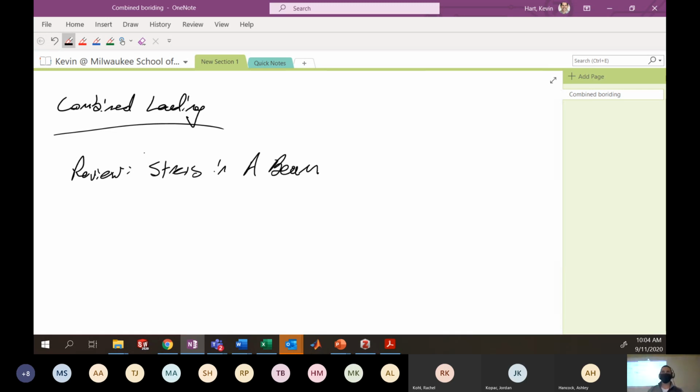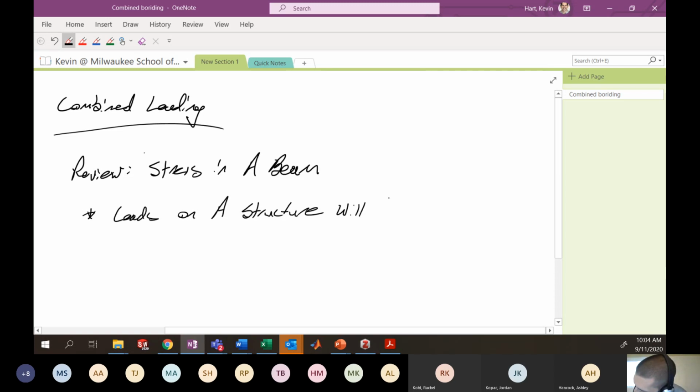All right. So remember, if we have loads on a beam or loads on any structure in general, that's going to produce stresses inside of the piece. All right. So loads on a structure will induce stresses. Okay. And the types of stresses that we can have inside of a piece can be normal stresses and shear stresses. So normal stresses are those which act in the same direction as the applied load, and shear stresses are kind of across the face. Okay, so normal stress